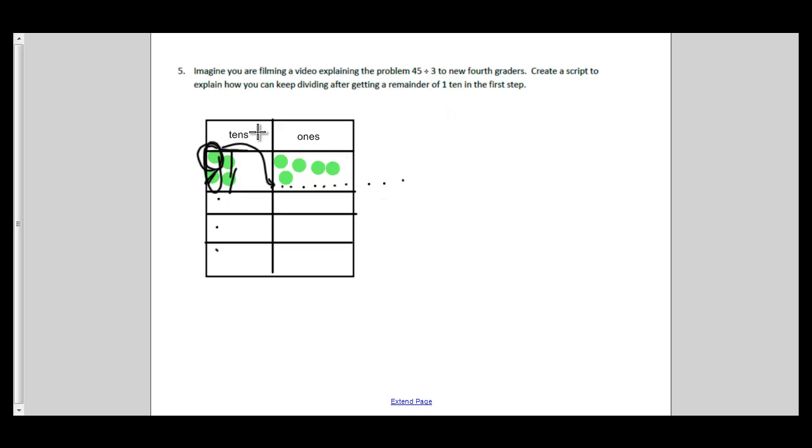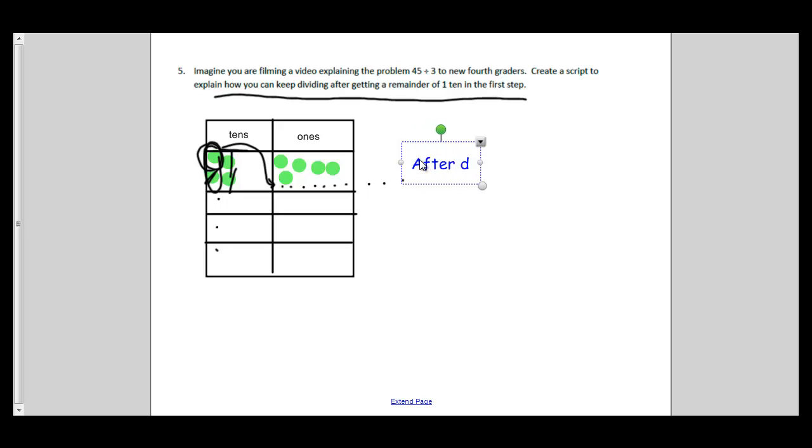Okay, so create a script explaining how you can keep dividing after you get a remainder of 10 in the first step. So it doesn't say that I have to explain this whole entire problem. It just says explain how you can keep dividing after getting a remainder of 10 in the first step. So I'm going to switch to type so that you can read it. All right, so I'm going to say,